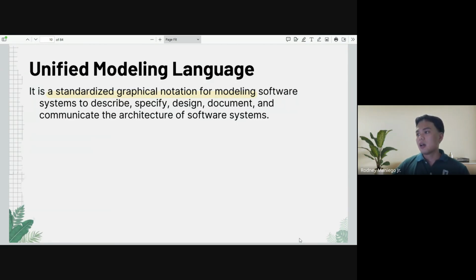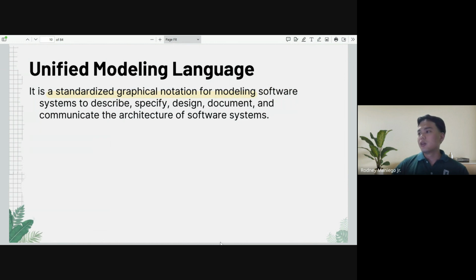However, again, we will be integrating portions of it into software engineering. So only the things that are relevant and essential to the activities that we will be doing in this